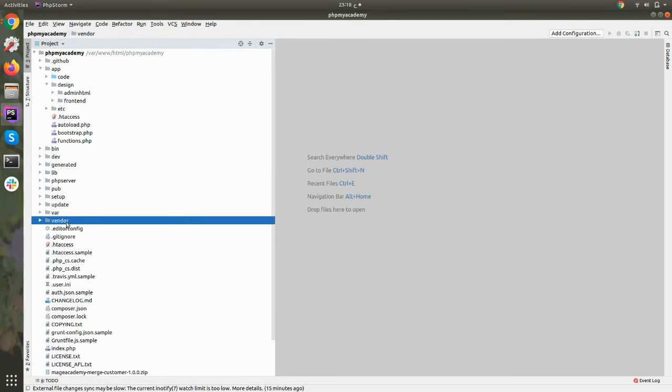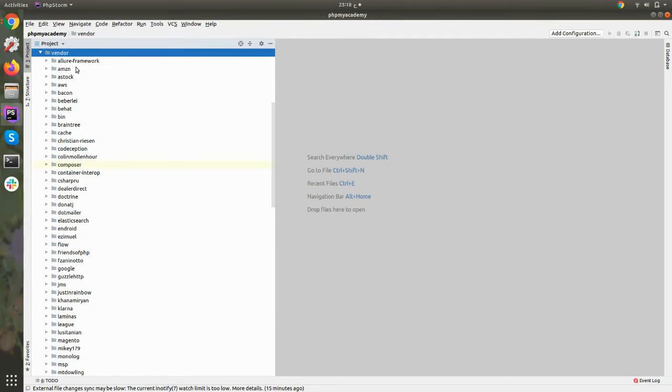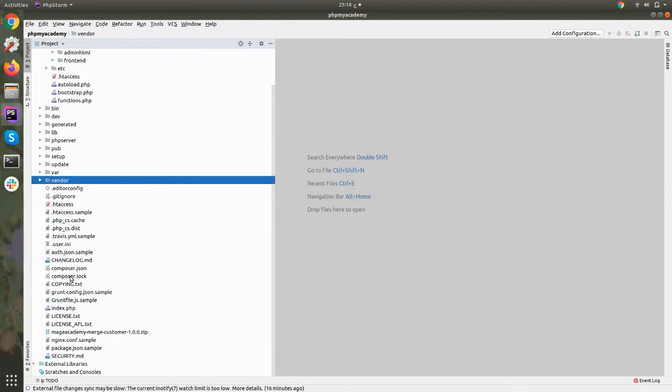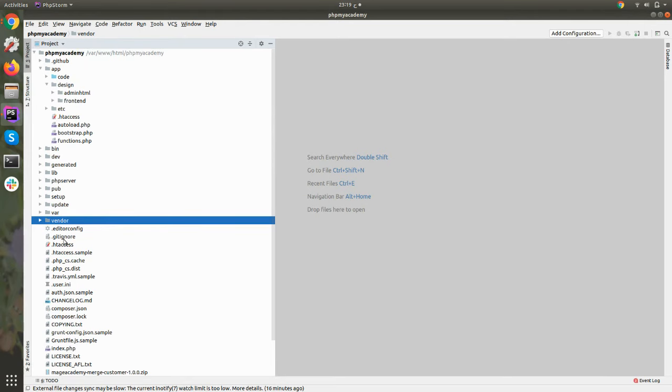Whenever you run composer install, it will automatically generate all these folders. Suppose I delete all these folders and run composer install, it will automatically create and download these folders again. So you don't have to worry about it, and you don't have to commit this in your Git. Then there are other files like index.php and composer.json, which you can use.